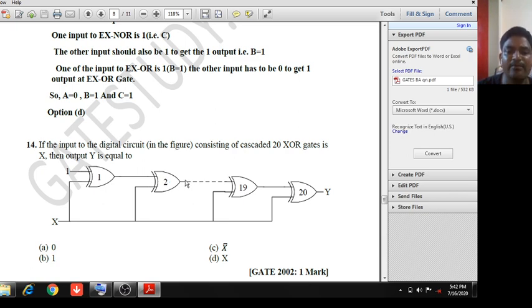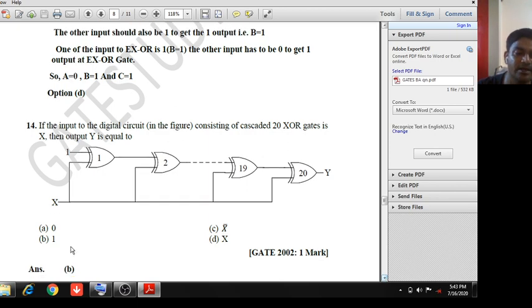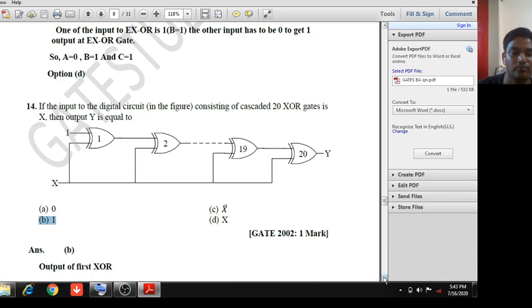So at gate number 4, 6, 8, 10, 12, 14, 16, 18 and 20, you will get the same result whatever you are getting here. So means answer is 1. And at odd number of gate, suppose in this question, if it says what will be output after 19th gate, so at odd number, gate number 1 you are getting x bar, so you will get here x bar. But in this case you have to determine at 20 gates, and if there are 100 gates, again at 100 gate you will get the same result which you are getting at even number of gate, gate number 2. So answer is 1. Okay, today I discussed total 14 questions.